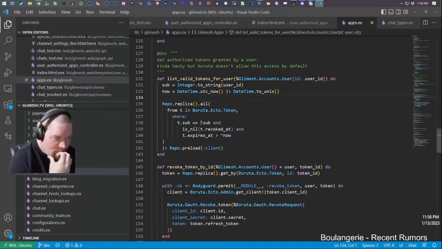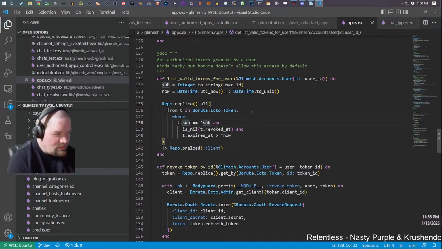Granted now sub equals integer to string user ID. User ID.